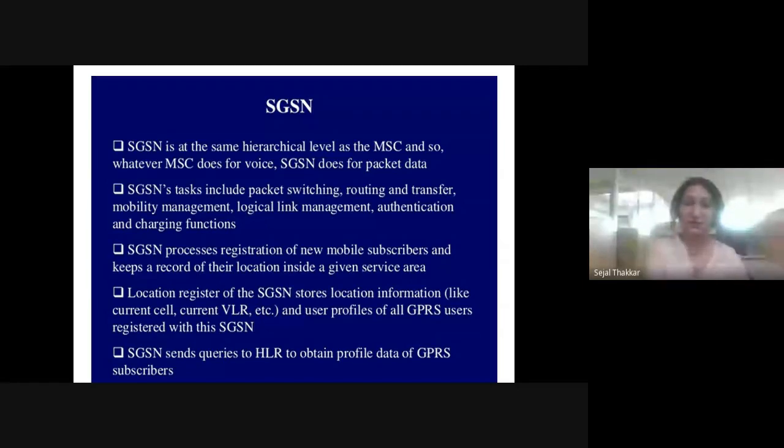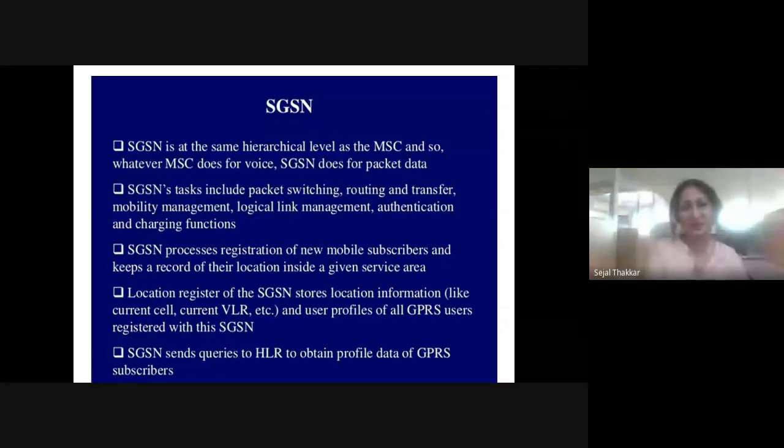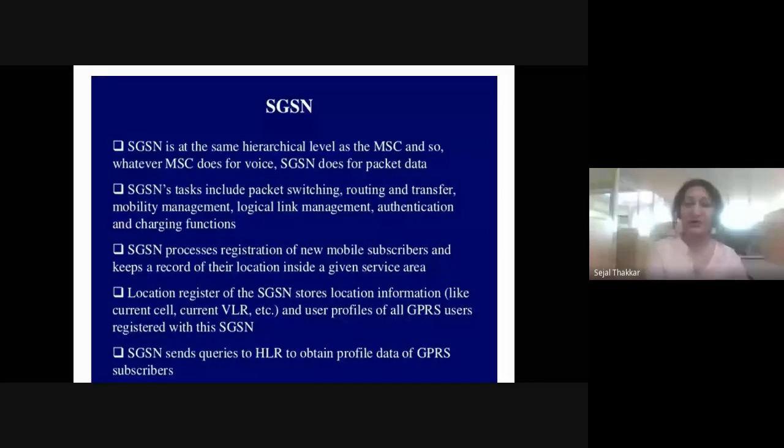SGSN processes registration of new mobile subscribers and keeps a record of their location inside a given service area. So whenever a new person enters a particular area, the SGSN's responsibility is to register that new mobile subscriber and keep a record of the location and whatever data that person is using, so they can generate a bill, and a mobile list: blacklist, whitelist, and grey list.